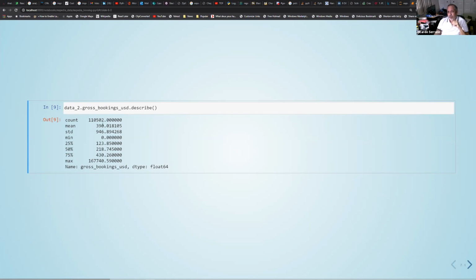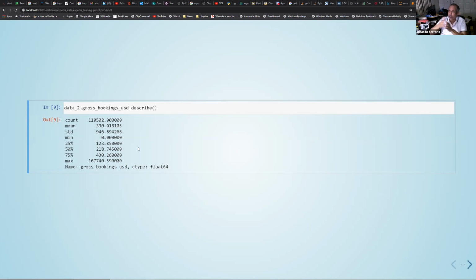Then you have the mean, which is the average, about $390 for those bookings. Then you have the standard deviation, and then you have these values, which are the quantiles. If you chop that data into 4 equal sections, these are the thresholds for those divisions. And we're going to use those values precisely to do the binning.